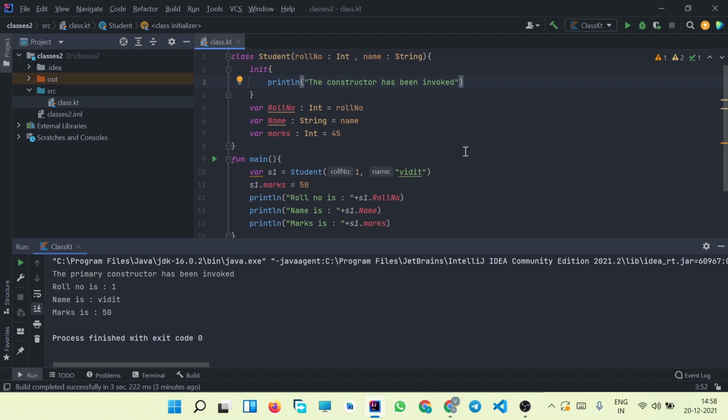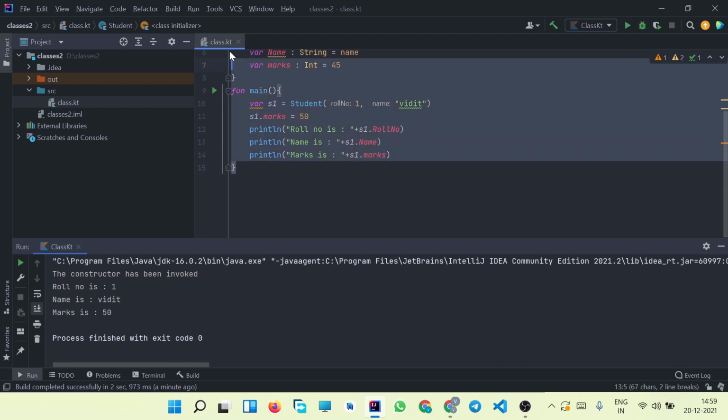So let us run the code and see what is the output. You can see "the constructor has been invoked" has been printed. It is printed before the three print statements because we created the object of this class before printing these three statements. So at the same time when the object is created, the constructor is called and the block of code is executed. Now we have completed the primary constructor.